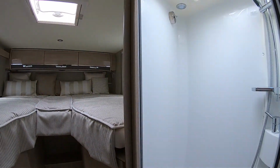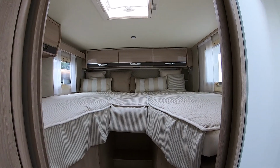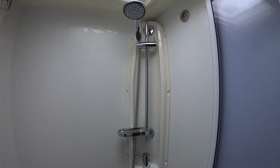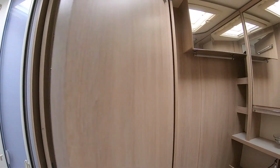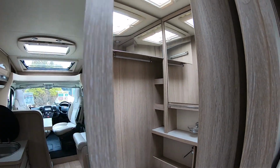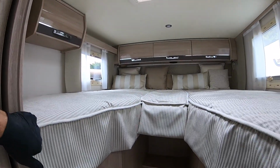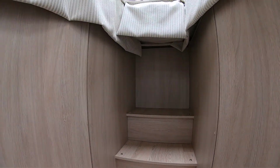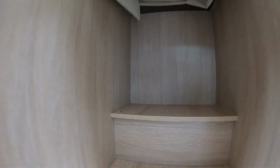So as we wander back, we're coming to the rear end of the motorhome now. You've got this lovely, completely separate shower on the passenger side, and as I mentioned before, this cubicle for the toilet there and the sink. So let's have a look. Oh, is there storage in the steps? No, they are solid steps. You've got a huge garage,